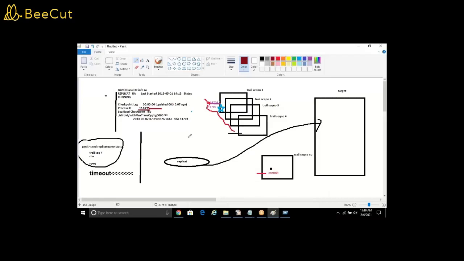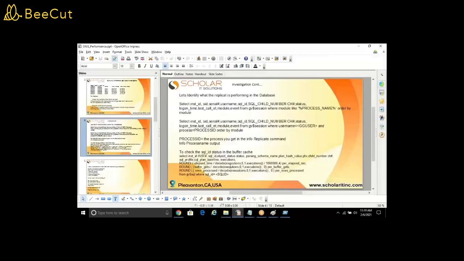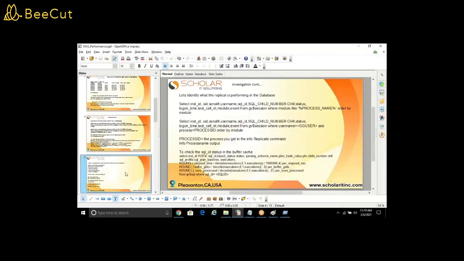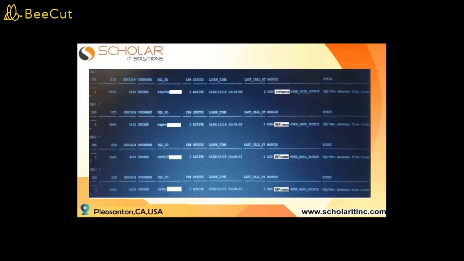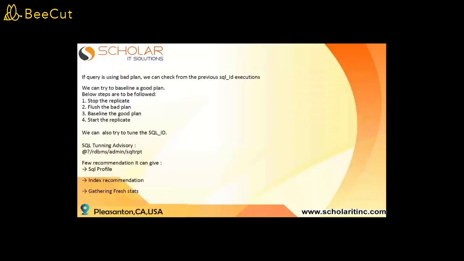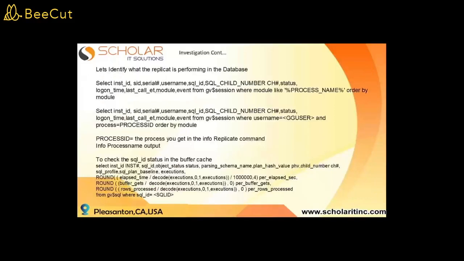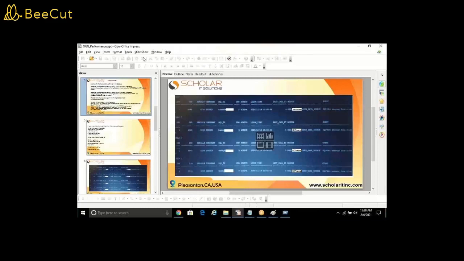So your replicate is having lag, right? And then you check what it is doing in the database, and you found that it is spending a lot of time on a few SQL IDs. You identified that. Okay, now let's see what we can do more. Here you have to work on the tuning part now. So what we do, we'll first check